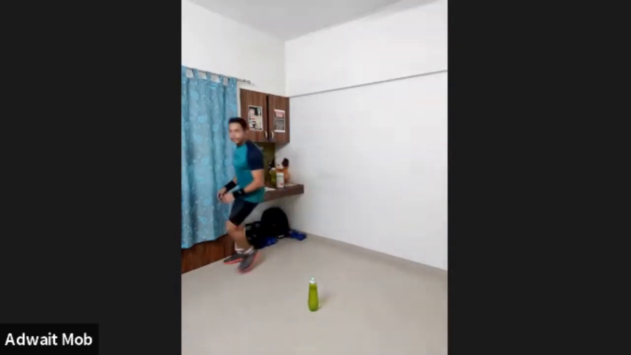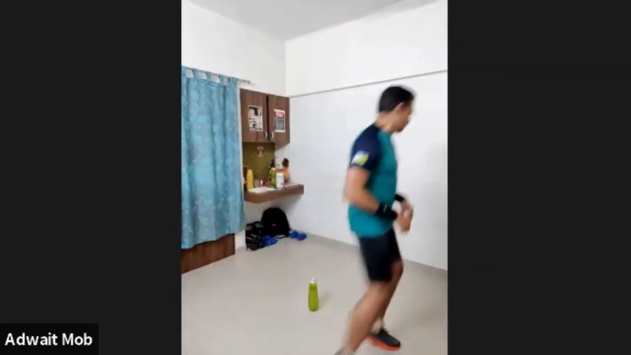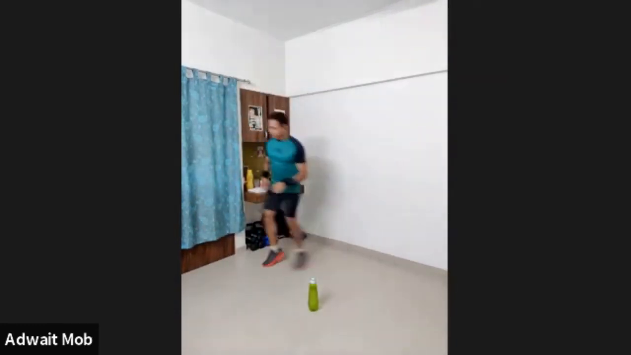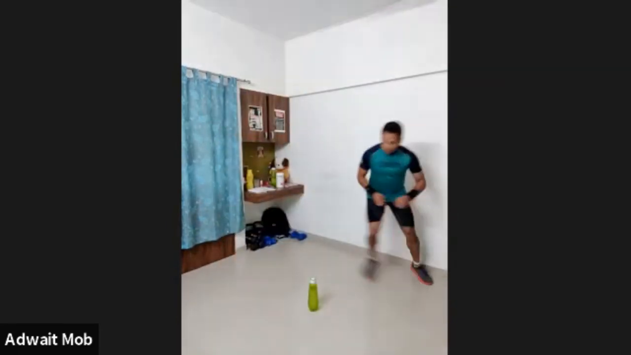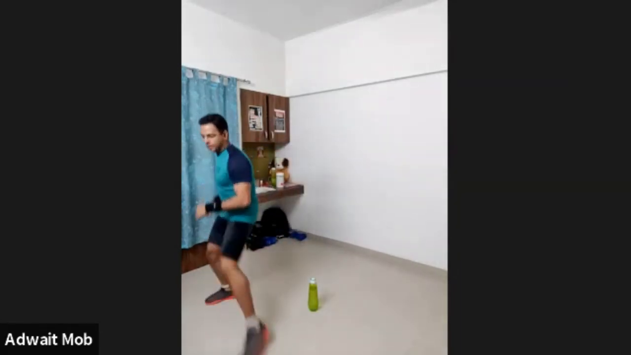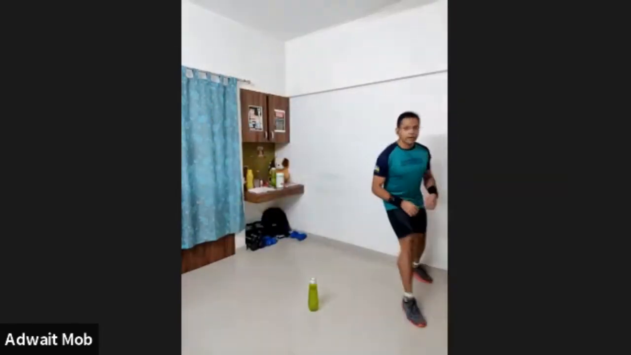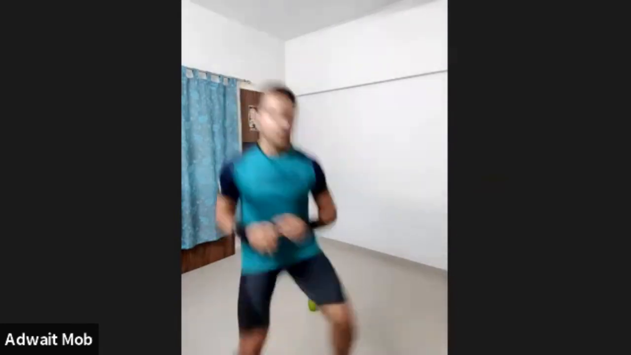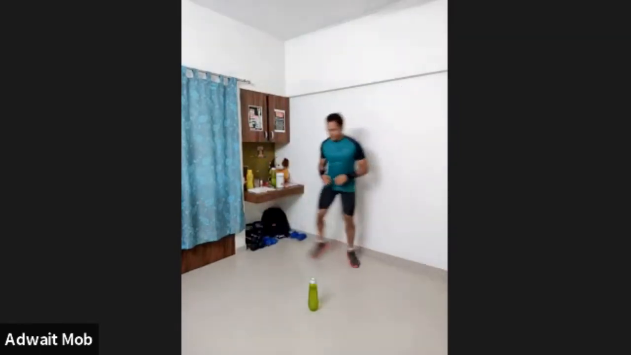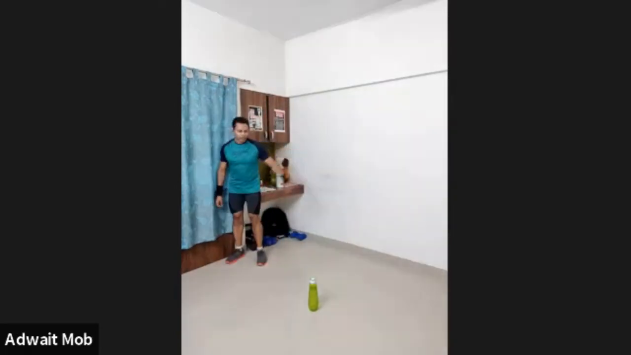So on your toes, quickly face out to side when you are moving up. 2 in a triangular motion. 3, it has to be quick enough. 4, 5, 6, 7, 8, 9, quick, and 10. Now no break, immediately on the right side, other side,